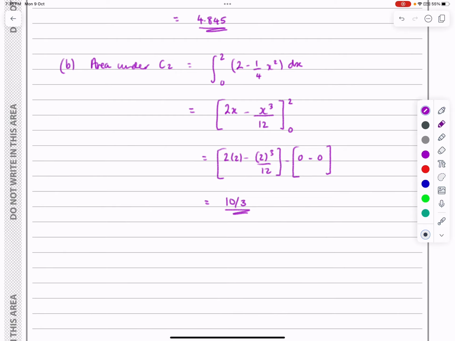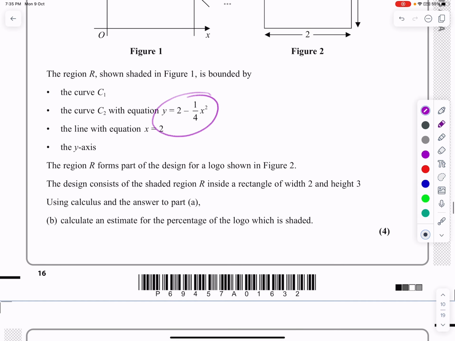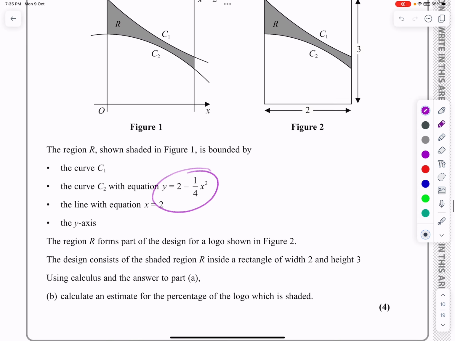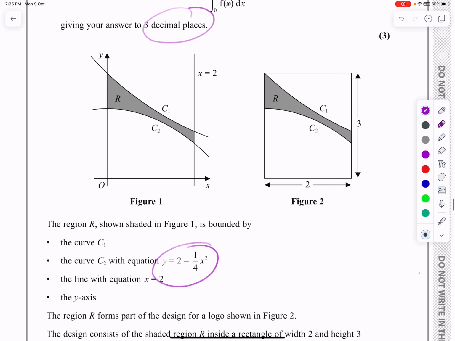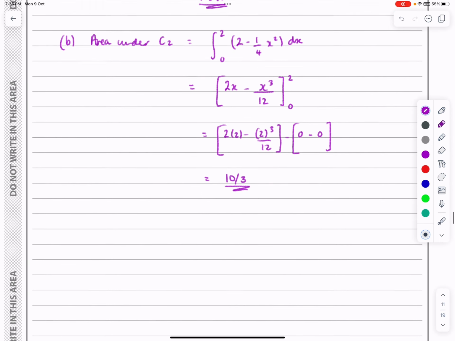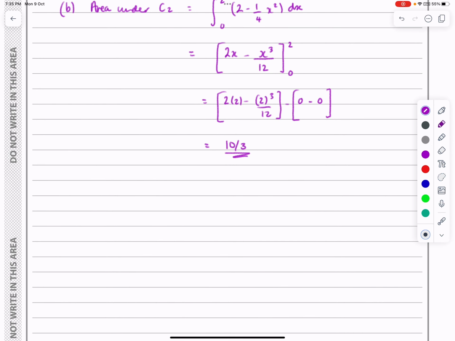And now I need to absolutely go back and check what I wanted to do. So we don't just want to find R. I can find the area R as being the difference between those two. But it says calculate an estimate for the percentage of the logo which is shaded. So what I want is that difference there. Let's just say what we're doing: the percentage shaded will be the difference between